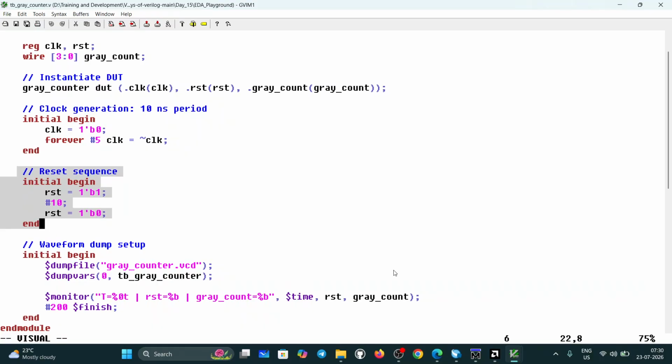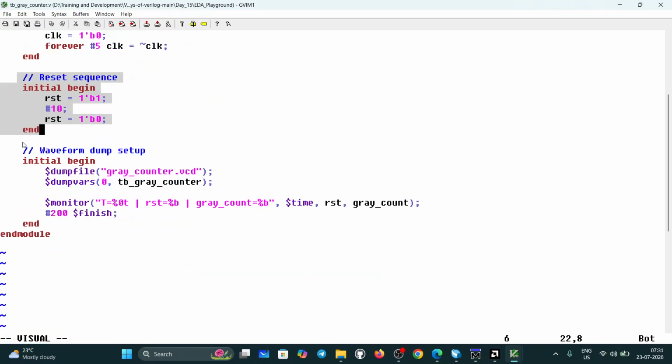end. Okay. And next, these are the two instructions you need to execute for executing in the EDA Playground. Okay. $dumpfile("my design name.vcd"). So what is my design name? gray_counter.vcd. $dumpvars(0, tb_gray_counter). Okay. And next,